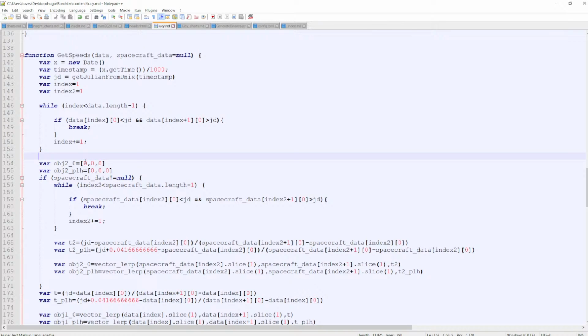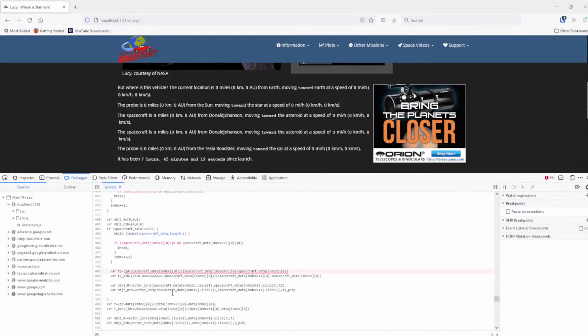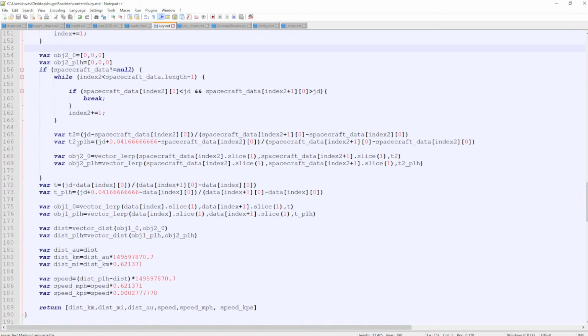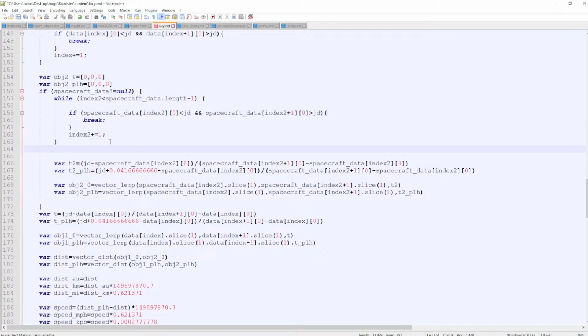I don't see the var TD2. It is T2. So var T2 equals this. So it's after the while loop, and let's